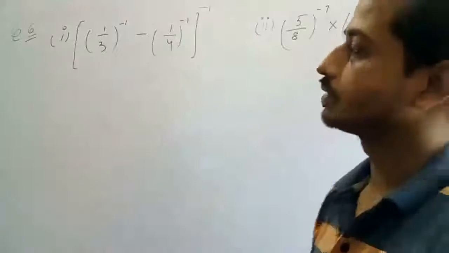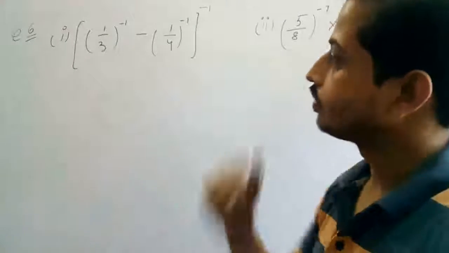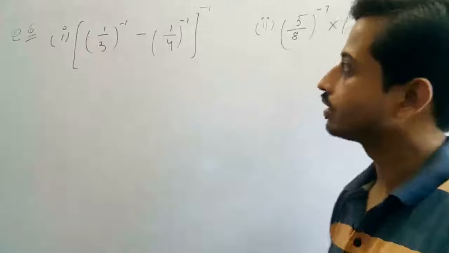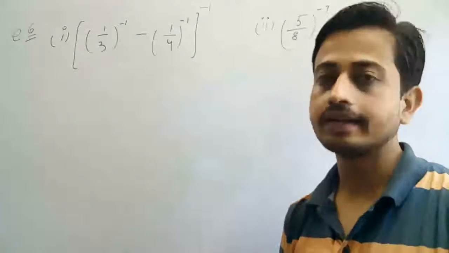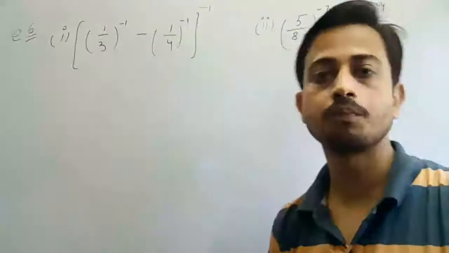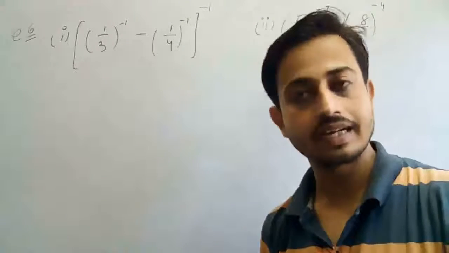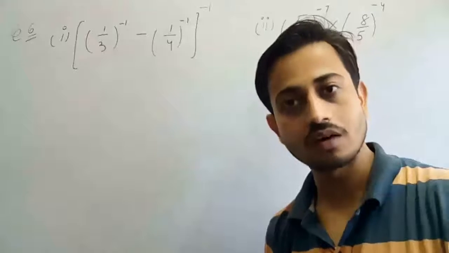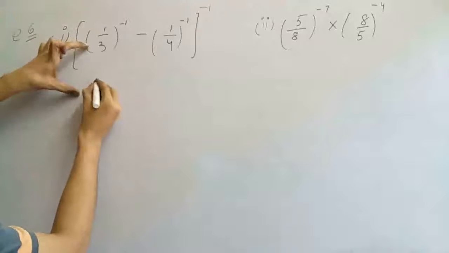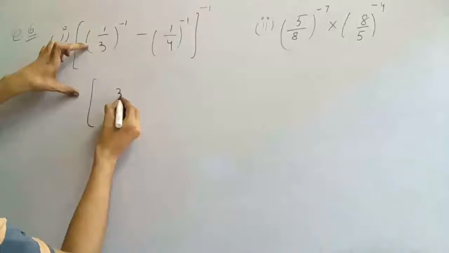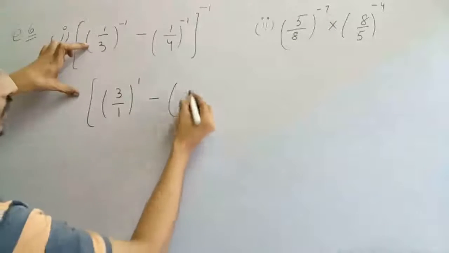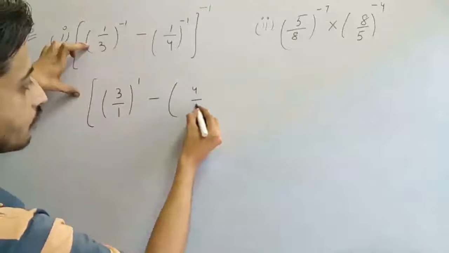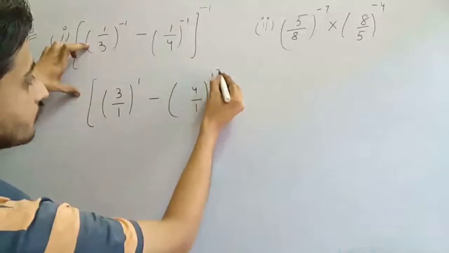Now look at question number 6, part 1. 1 by 3 raised to the power negative 1, minus 1 by 4 raised to the power negative 1, the whole raised to the power negative 1. Again the form is p by q, and the power is negative. So how do we make the power positive? By just taking the reciprocal of the term. So I can write 1 by 3 as 3 by 1, and the power becomes positive. Same here, 1 by 4 can be written as 4 by 1, the power becomes positive 1,